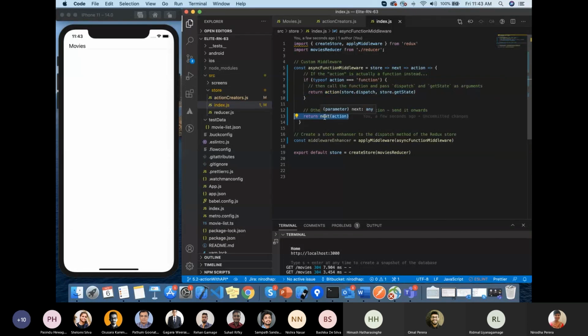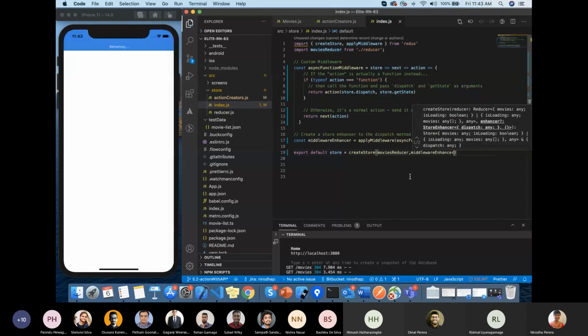Then we create a store enhancer to dispatch the method of the Redux store. For that, we are using applyMiddleware from Redux and get the middleware enhancer, which we need to assign into our createStore. Right, so we have completed that. Now what we need to do is call the movies from